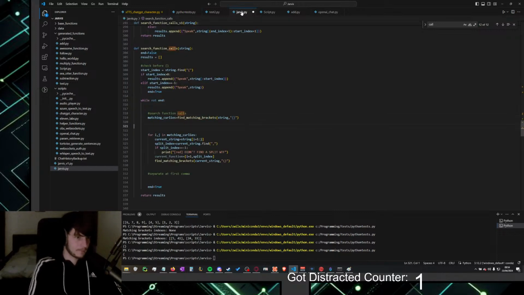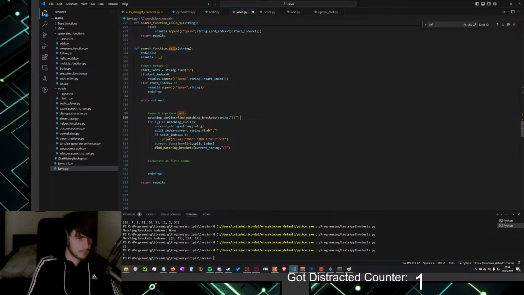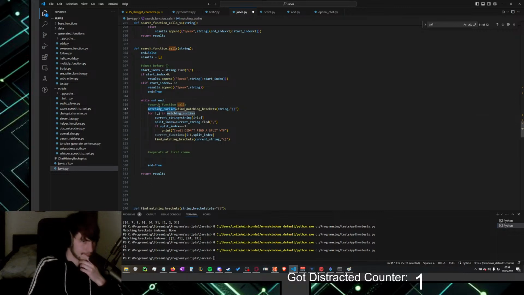So. Can get rid of the white space here. Wait, that doesn't need to be a loop then, though. Yeah, that doesn't need to be a loop. So I don't need that, and I don't need that, and I don't need that either.